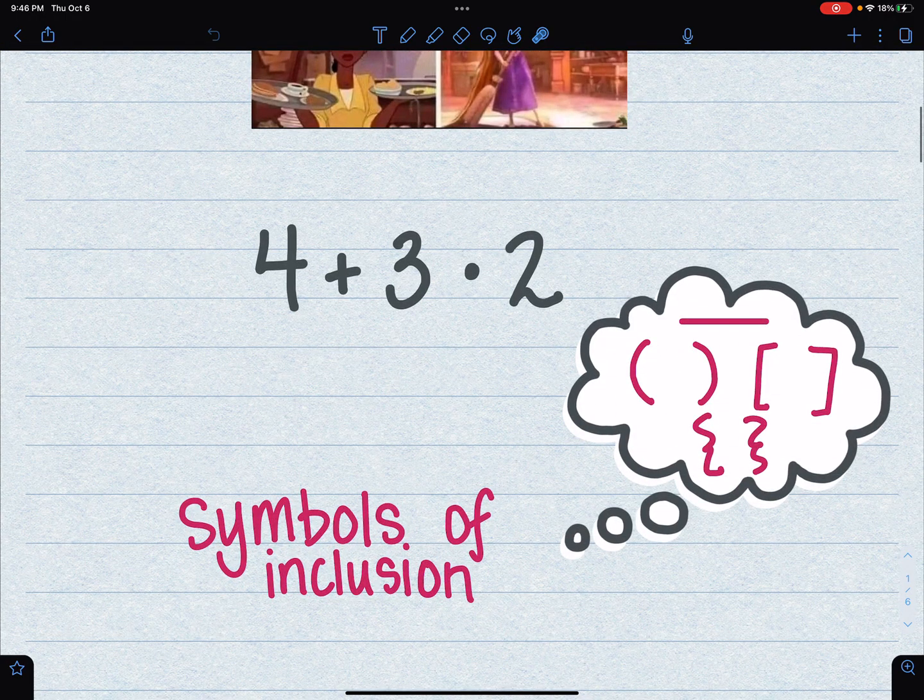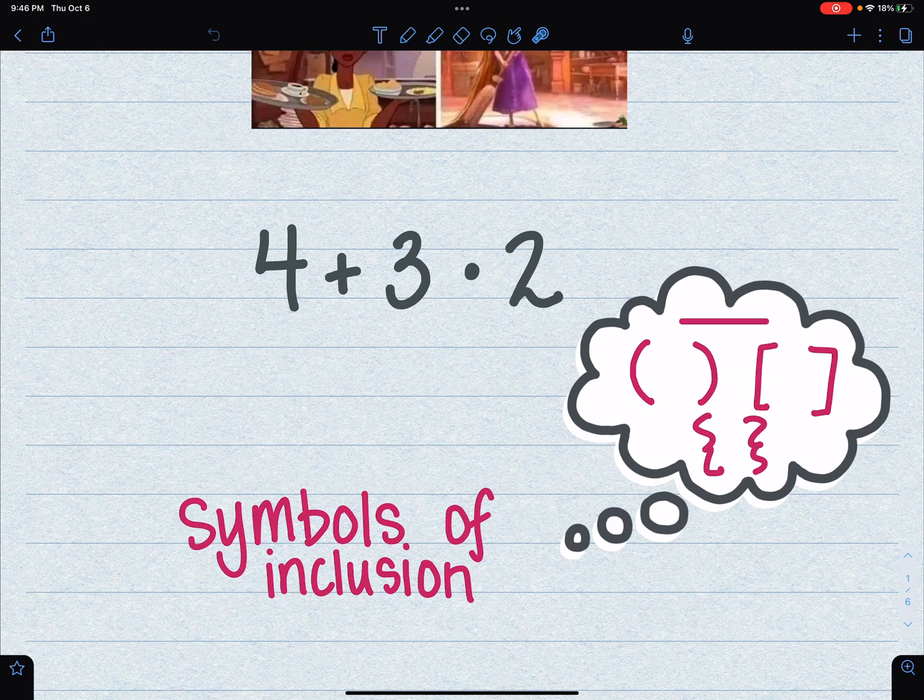We already talked about this. Remember, if you see something like this, what do you do first? This is order of operations. So you have a 4 plus 3 here, and then you have a 3 times 2 here. You got to do the right thing first, or else you won't get the right answer. So in order of operations, we do multiplication first. But it would have been better if they had included symbols of inclusion to make this a little bit more